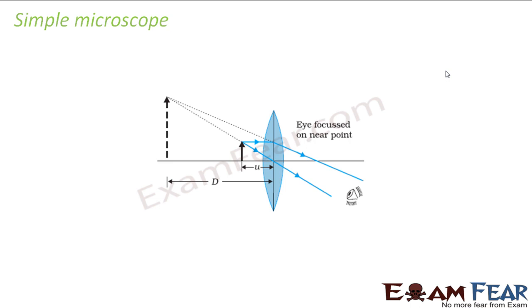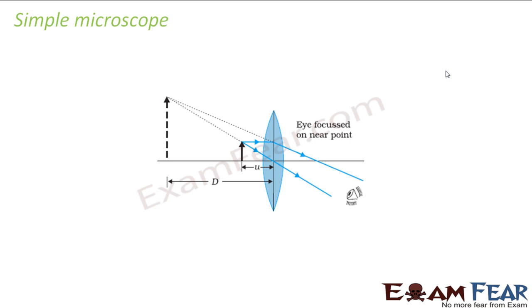In a microscope, we want to view an object, and generally we view it very closely. For example, in the microscope in your lab, if you want to see some tiny object, you don't keep that object miles away and then try to view it with the microscope. You keep that object closer to the microscope and then you view it. That means the distance of the object from the microscope is very small. So the object is very close to the lens, and what we want is a magnified as well as erect image. For this, a convex lens is a suitable lens.